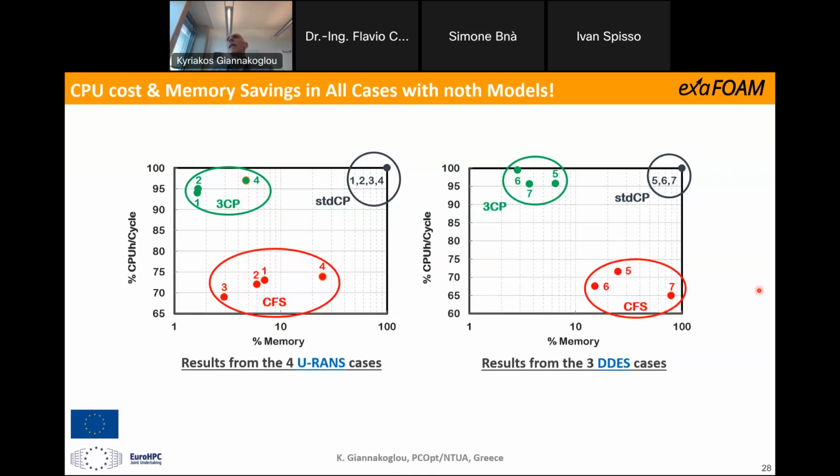So before going to my closure, you can see here the gain presented graphically. On the left, you see the gain if someone decides to work with URANS solvers. On the right, the gain if you decide to work with a much more sophisticated flow model, let me call it this way. In all cases, the message is that you have good reasons to work with compression techniques in